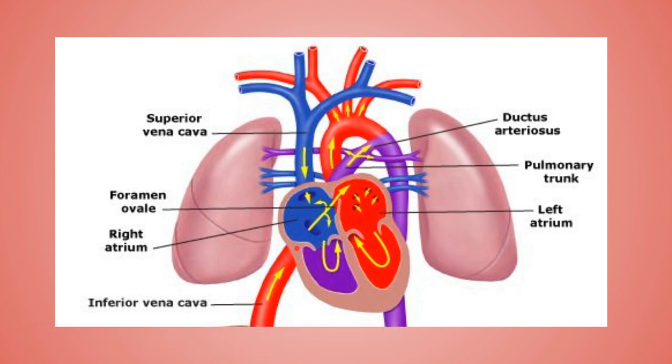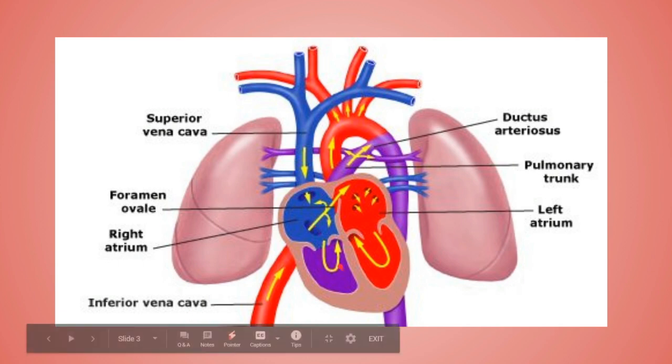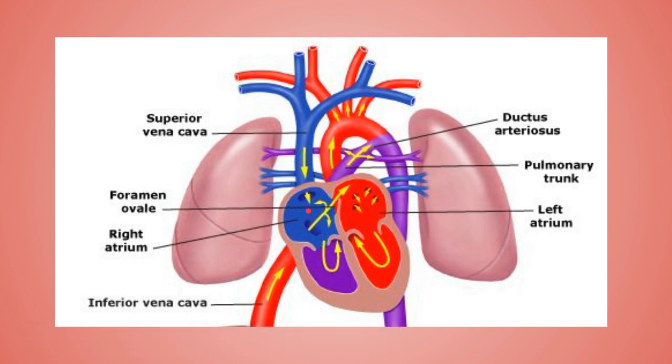Now we got two different bloods over here. The first blood enters inside this left atrium, and the other blood will enter inside the right ventricle from this right atrium. Right. Now we'll discuss these two things separately. First of all, let's discuss the blood which entered from the right atrium to the left atrium. Now what happened to this blood which entered into the left atrium?